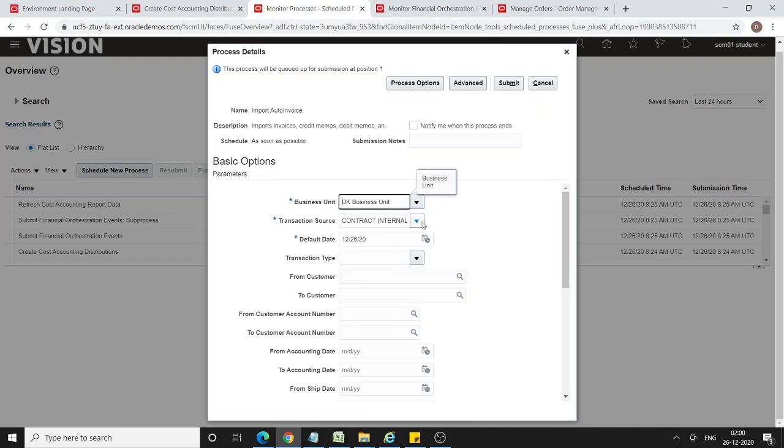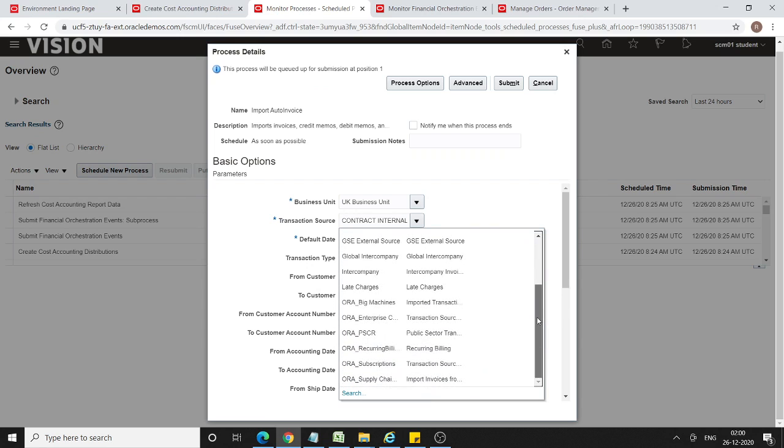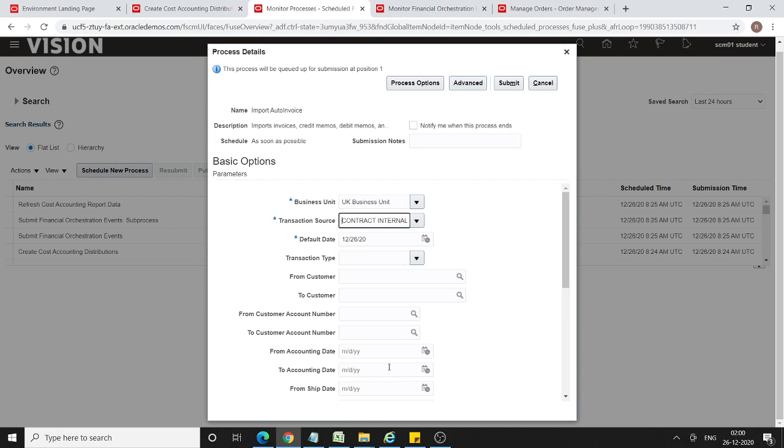So for transaction source, what is the source for this? It is supply chain financial orchestration. So come here and select Oracle, ORA hyphen supply chain financial orchestration. Apart from this, I'm not entering anything else. You just click on submit,